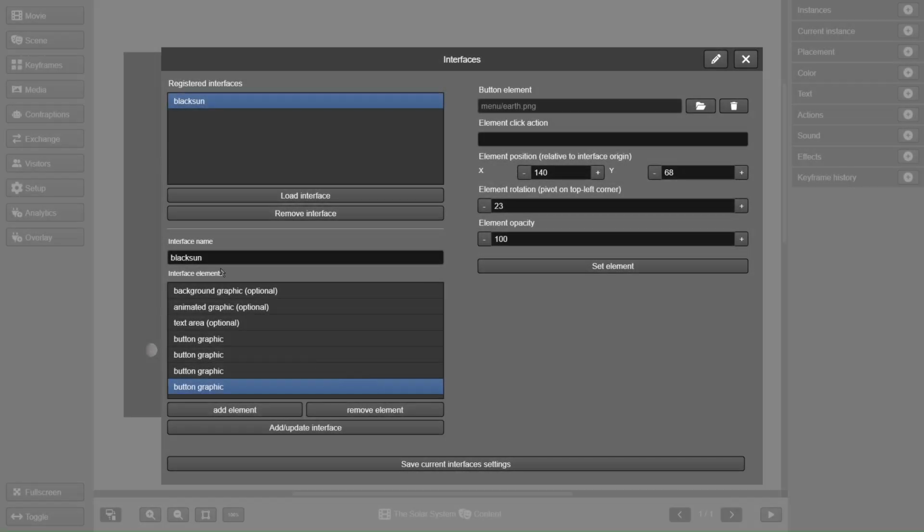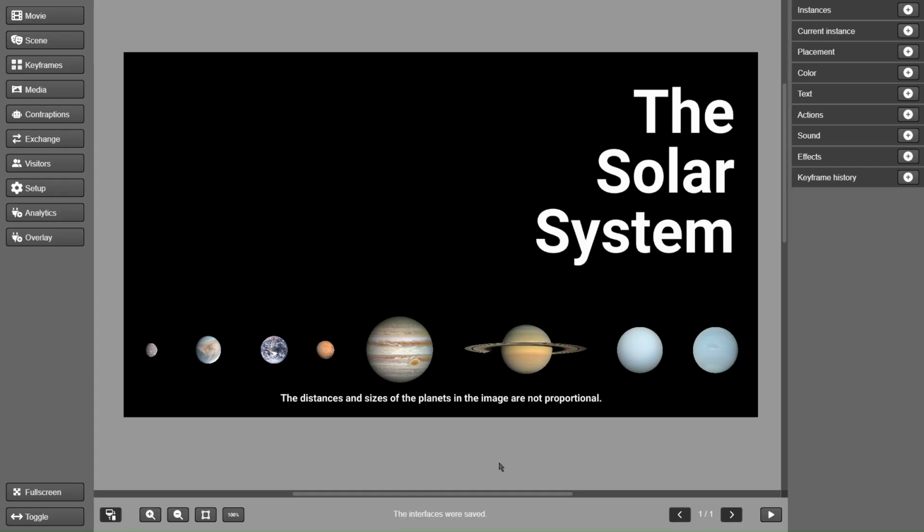Let's save our interface once again. Note that if the name is kept, when clicking on Add/Update Interface, the one with the same name in the registered list will be replaced with the current values. Click on Save Current Interfaces Settings.